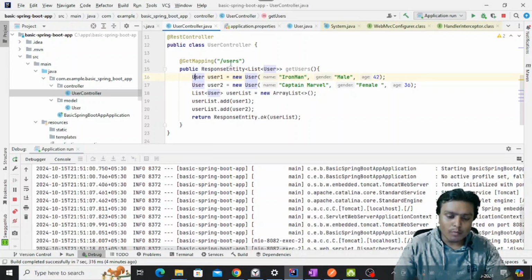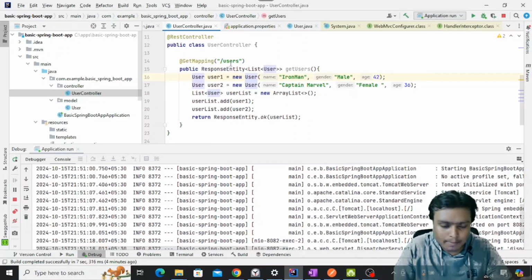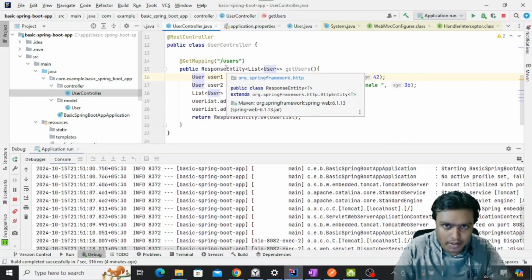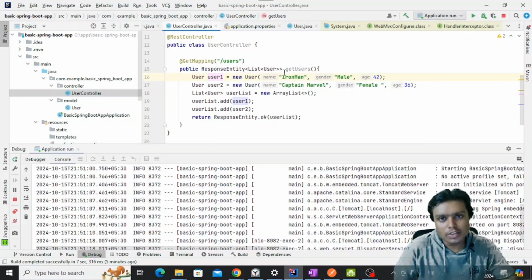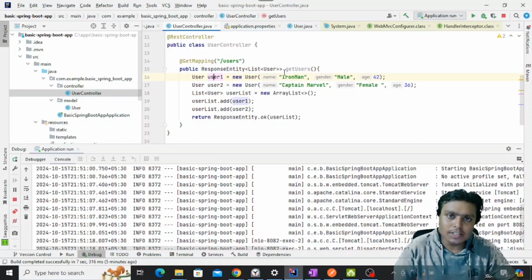Now from here, we will create one custom interceptor, which you can call a logging interceptor, and we will log whatever request comes to our application, or to our users API. We will log each and every request. So without any further ado, let's go and create our custom interceptor. This is going to be a bit long video, so I request you to be patient and try to understand. In case you have any queries, I will try to address them in the comments.